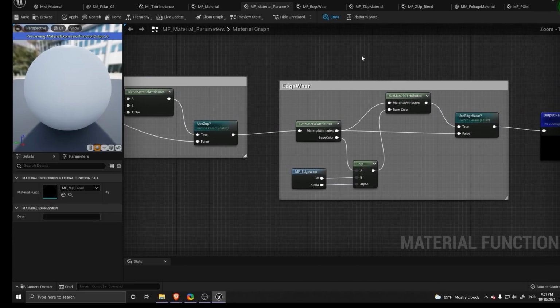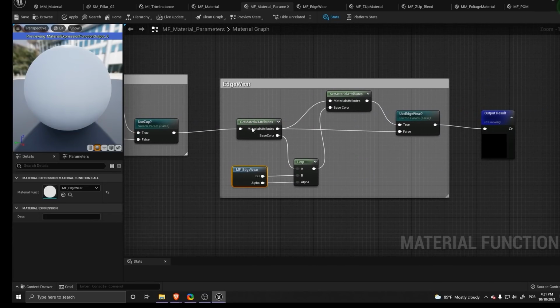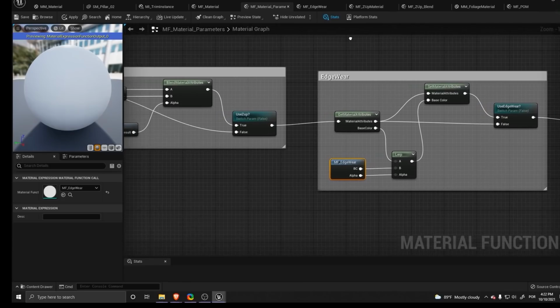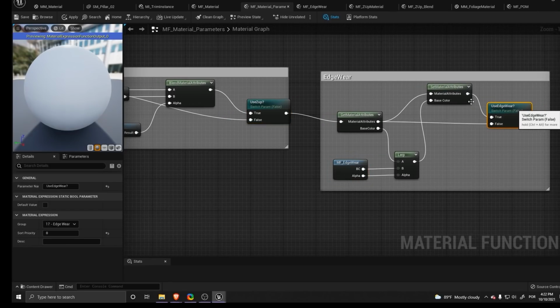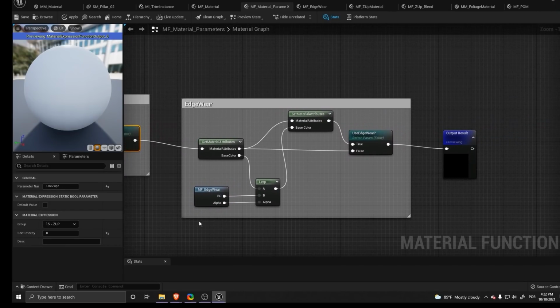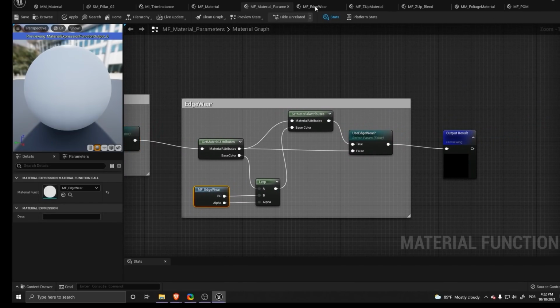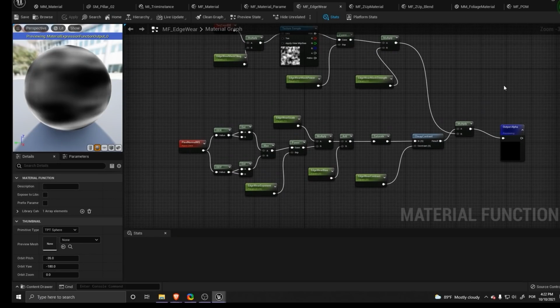And after that, another get material, and then I have the edgeware. Oh, and all of those have switches in them. And this one right here is the edgeware function.